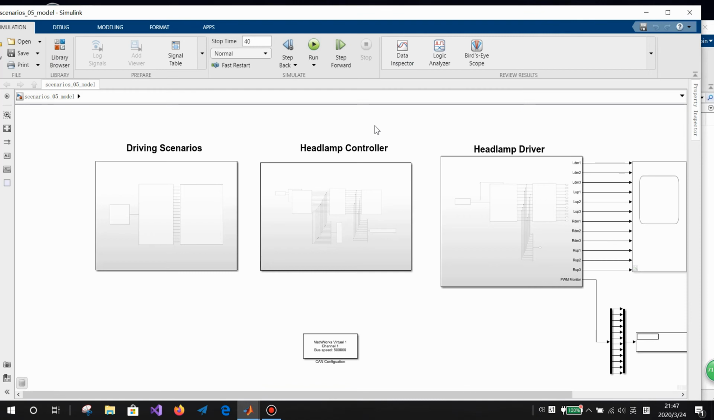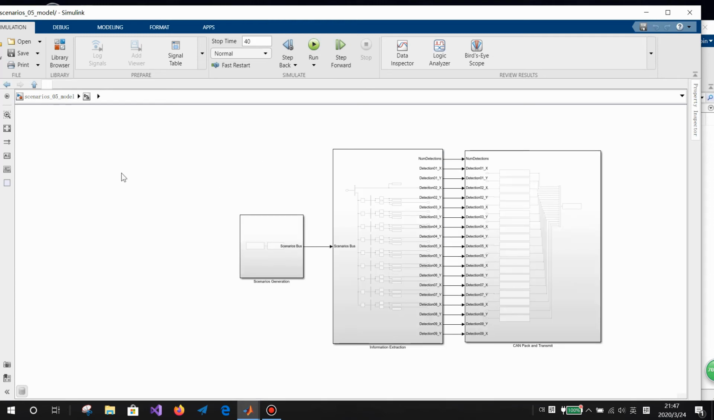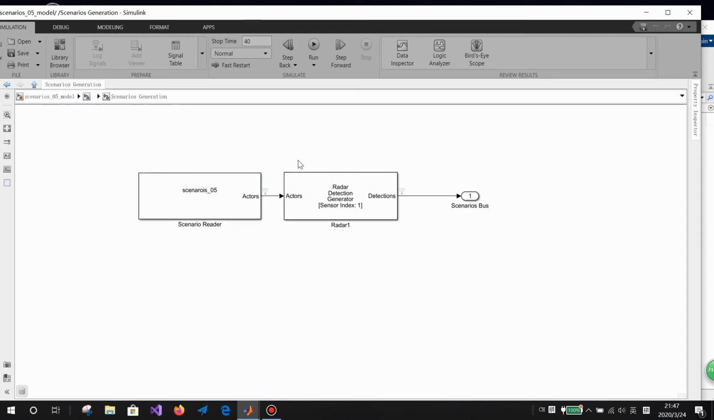Okay, now let's have a look at the whole system we just created. It consists of 3 parts: the sensor, also driving scenario, and the controller, and the driver. So in the scenario, let's open it. Yep, you have seen this before. So the scenario reader reads in the scenario,